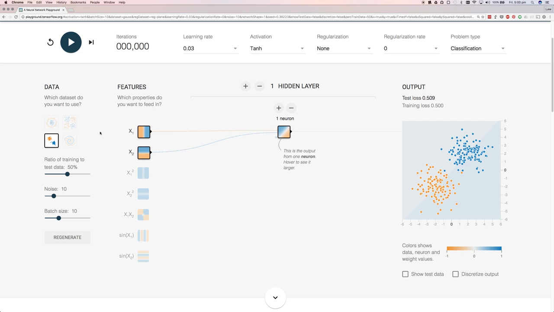Now, what we have here is a website called the TensorFlow Playground, and it's really great for mucking around with neural networks. Over on our right, we've got our data, and here in the middle, we have our neural network, and here we have our inputs, x1 and x2, leading into it. And when I click the play button, something really interesting is going to happen.